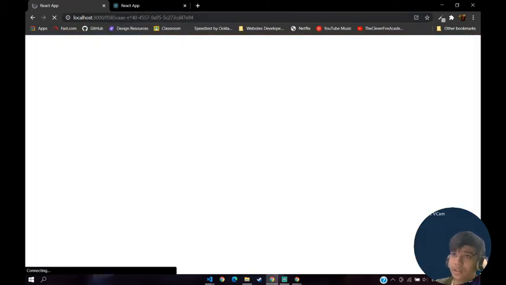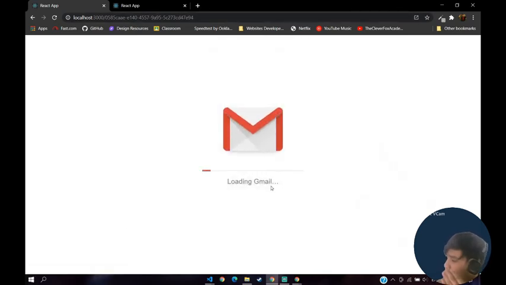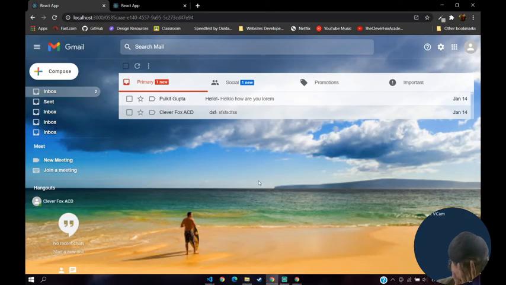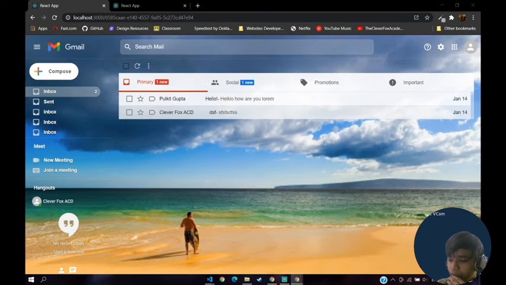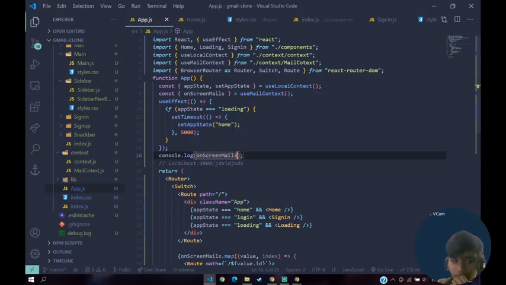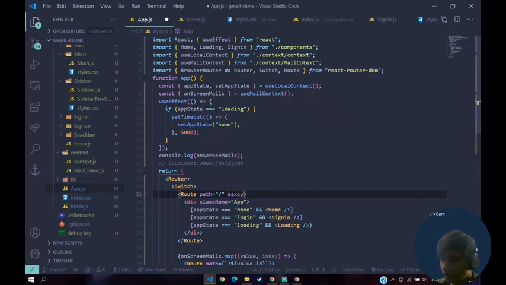Then I'm going to hit enter. Okay, why don't we see this? We should actually see that thing. Okay, so we have to make this route exact. The reason is that when we say slash, it does not matter what comes outside of this; the only thing that should match is that slash.